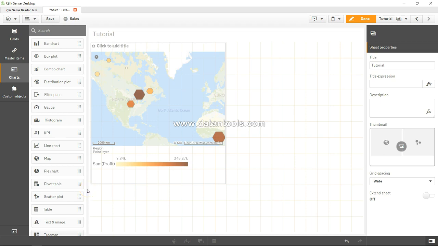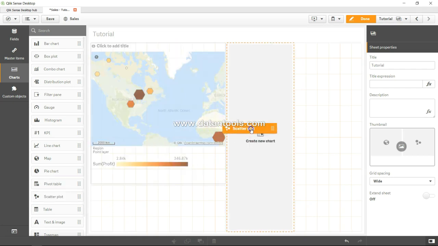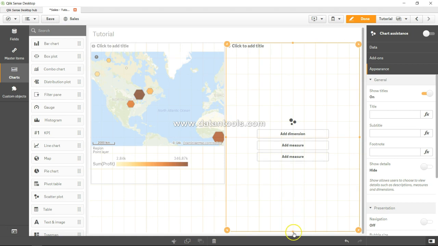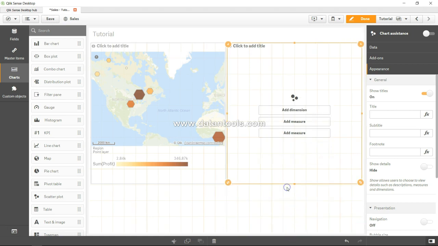Hi there, welcome back to the next video, and in this video let me show you the scatter plot chart. So I am just dragging the scatter plot here, and let me correct the dimension or the boundaries similar to the map chart which I explained in the previous video. So